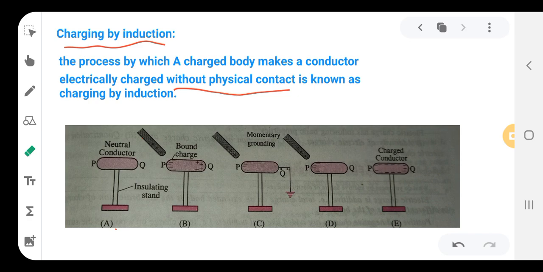Okay, so in this video we have seen the gold leaf experiment, the working of the gold leaf experiment or the electroscope. Then we have seen the electronic theory of electric charge. We have seen the different methods of electrification, that is charging due to conduction, charging by friction, and charging by induction. So all these are very important.